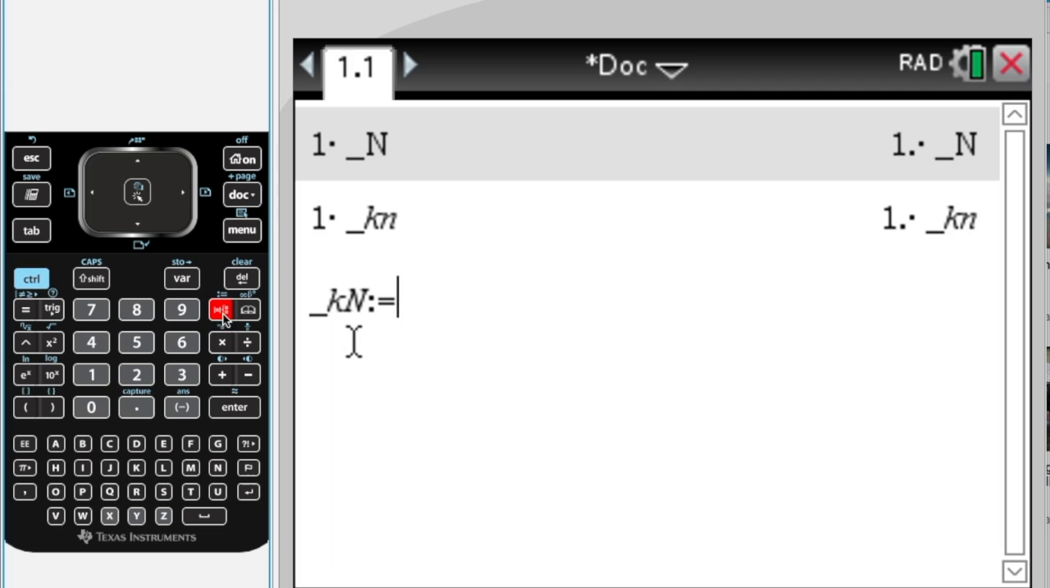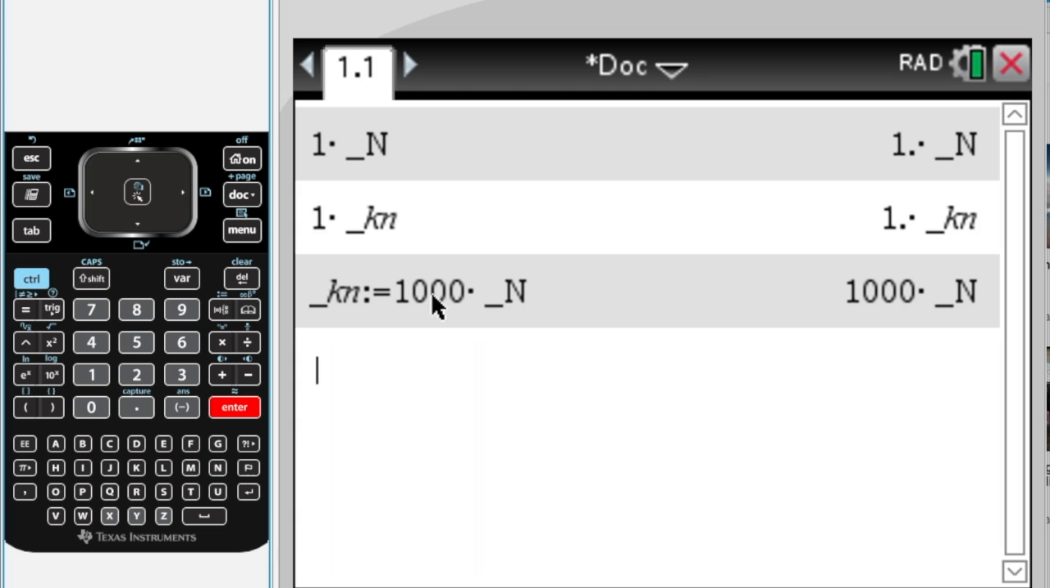So let's define it. We press underscore Kn and the equal sign with the little dots in front of it, and now we enter 1000 times Newton, because 1 kilonewton is 1000 newtons. So when we press now the var button, we see underscore Kn, which stands for kilonewton, and we can use it in this document. But if we want to use it in every new document we open up,